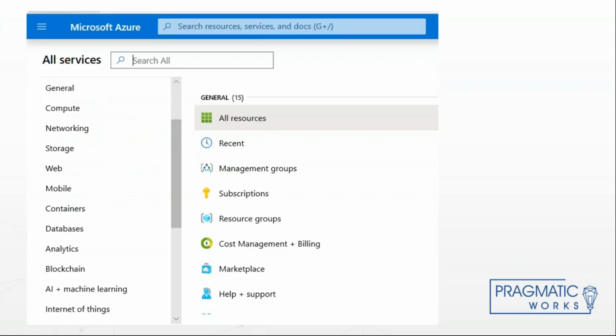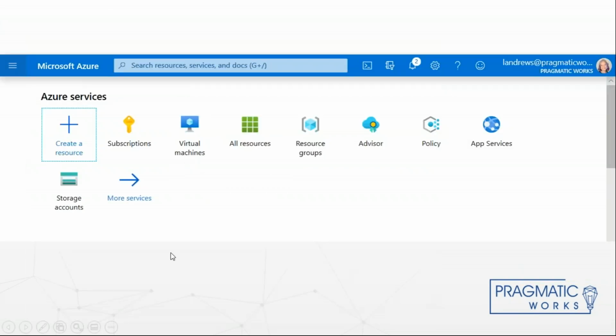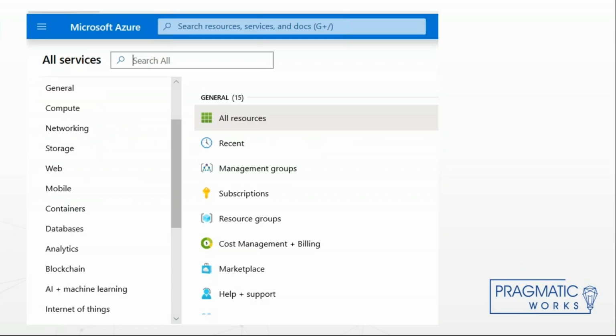And now that you have a subscription, you can create a resource. We're going to click the Create a Resource button. And that's going to take us to a list of all of the services. Over here on the right in the panel is the list of some recent ones, current featured ones, but on this left side pane here is where you can get to all of the services that are available to you. They list exactly like I showed in the overview before. We have compute, networking, storage, containers, database, analytics.